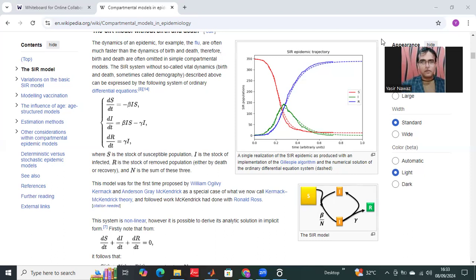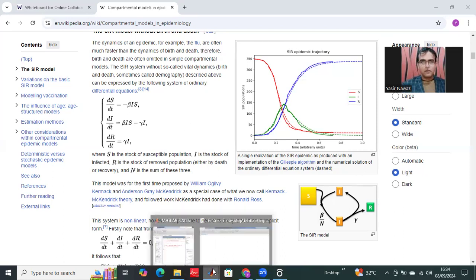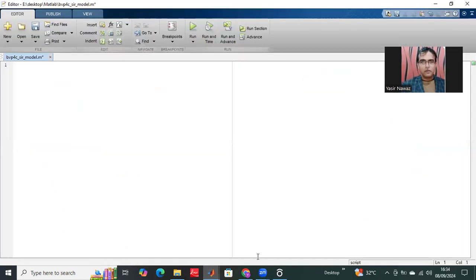For the initial value problem, I'm using the SIR model. It's a non-linear model. The first two equations are non-linear. I will try to apply bvp4c to this model. For applying this method, I start